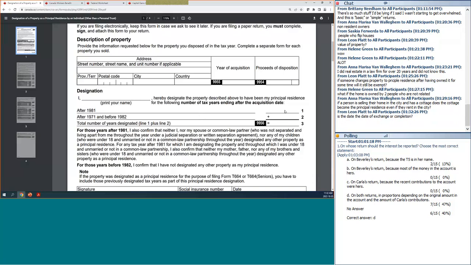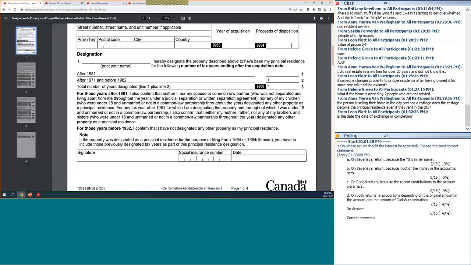So let's say it was 2015 that I bought it until this year. I'm going to say 2015, 2016, 2017, 2018, 2019, 2020. And I'm going to stop at 2020, and I'm going to do 6 years. So 2021 I want to save because 2021 I need for the new home that I bought. If I bought a new home. If I'm renting now, then you're just going to do all the years. But if I sold a home and bought a home, save 1 year back, so I would do 6 years